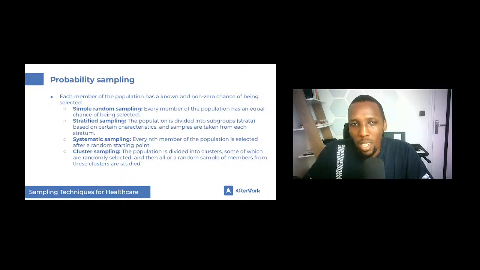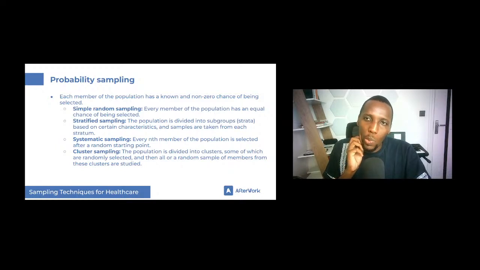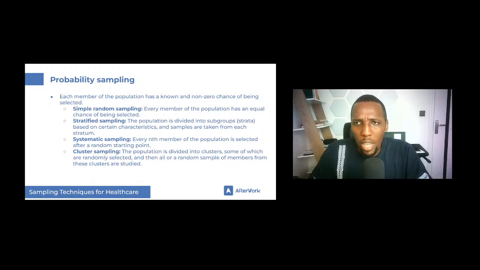Those clusters would be randomly selected, and then a random sample of members from these clusters would be studied. So for example, maybe a researcher might want to study the impact of a new teaching method on student performance in a school, and in order to apply cluster sampling, they would divide the districts, the schools, or they would divide,